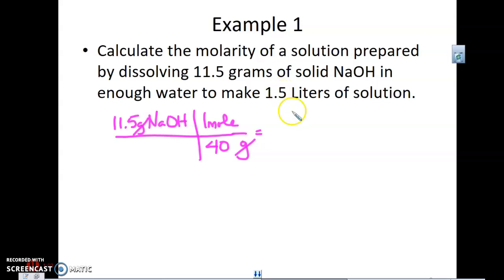We're going to get 0.2888 moles. It doesn't really matter. Sig figs at this point, they don't really matter. Now, I'm going to take that many moles, I'm going to put it in enough water to make 1.5 liters of solution. So on the bottom, I just go ahead and divide that,